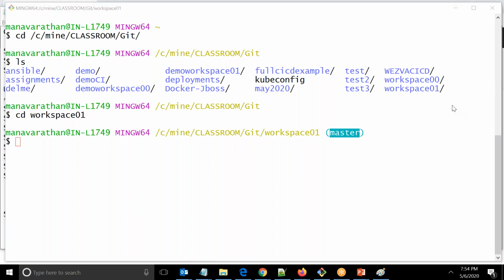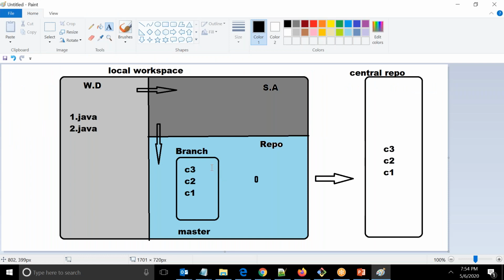Now, when is it useful? It is useful because now let's assume you started working on a branch. Okay, now the default branch is the master branch. So all the commits that we did are available here. But in real time, what happens is,